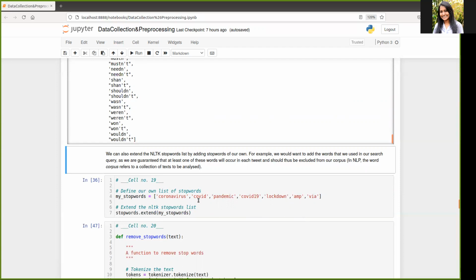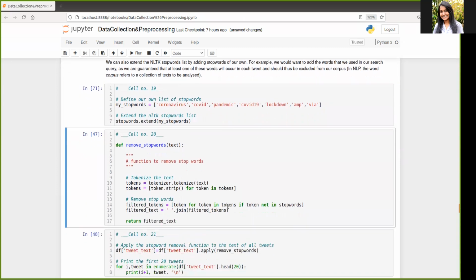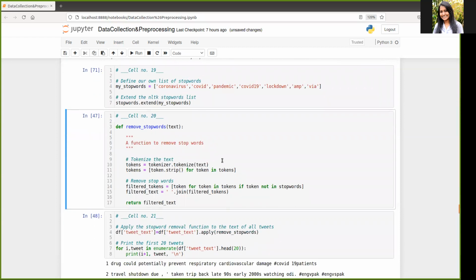Because we know we've required our tweets to all have the following words, we can then make sure that the words that we had in our search query are removed from each tweet, because this will also sway certain types of sentiment analysis tools, just because we know already that it's going to occur in each tweet, which won't help us with certain kinds of NLP analysis, again, will not serve us in trying to determine sentiment. All right, so now that we've created this list of stop words, we then define a function to remove all of these stop words from the text,